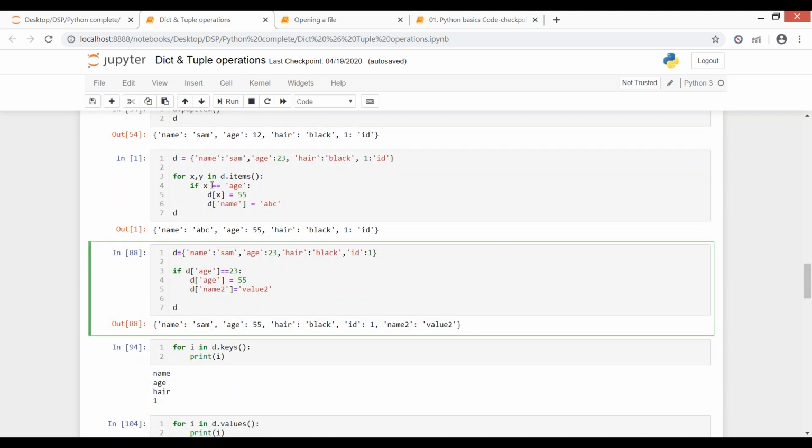Similarly, here we did a check for a key name. Now here we are doing a check for a value: if d of the key name is equal to 23, then assign it a value of 55. Along with that, you can update Sam or insert a new value. Here a new value is inserted at line number 5.